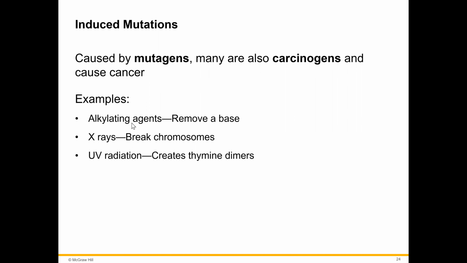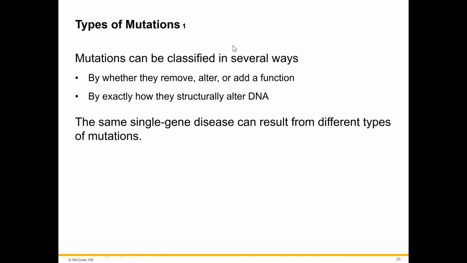So for example, alkylating agents, and alkaline means a basic solution. So those alkylating agents, they remove a base in DNA. X-ray can break chromosomes. UV radiation can create thymine dimers, and a dimer is just a structure inside the DNA that will interfere with DNA replication and transcription, right? Okay,